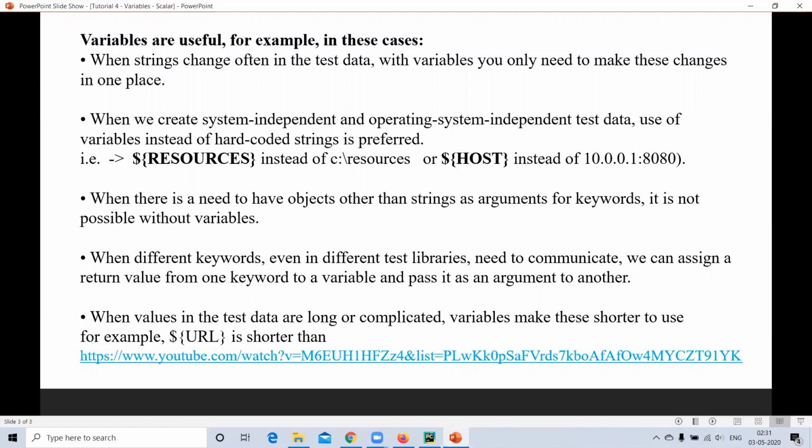When values in test data are long or complicated, variables make them shorter to use. For example, a URL variable is shorter than writing it out like this in the test definition file.